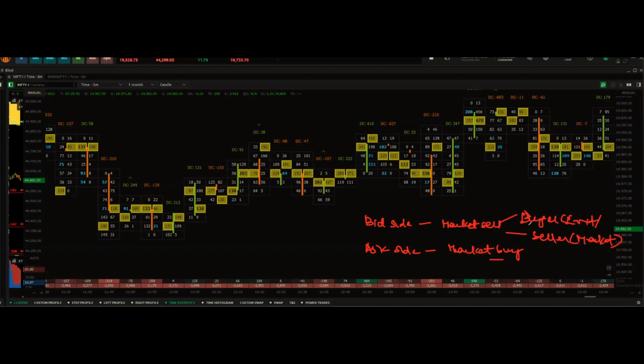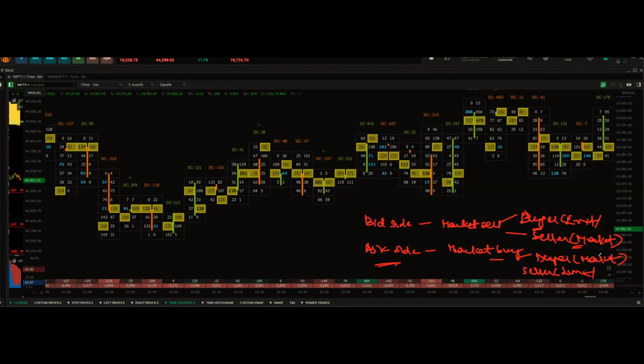That is, on the bid side, you have all the order details, the volume details of the positions which have been initiated by buyers who are trading through limit orders and sellers who are executing through market orders. In the same way, on the ask side, you have all the orders executed by buyers at market side and sellers at limit side.